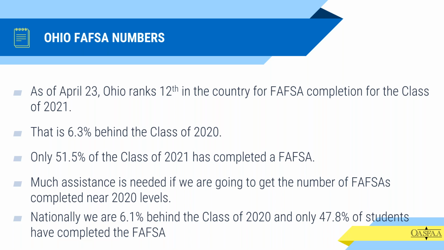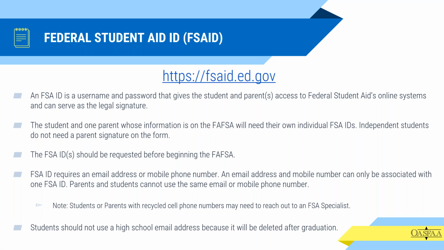the financial aid community, and it is a concern obviously for the state of Ohio, and that's why we're bringing this presentation to you. Much assistance is needed in getting these numbers back up to the levels that compete with 2020, which were also down again because of the pandemic. So nationally, we're 6.1% behind the class of 2020. So I don't have to tell you all this, you're living and breathing these numbers every single day in your